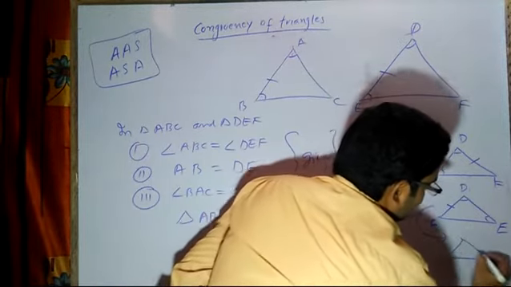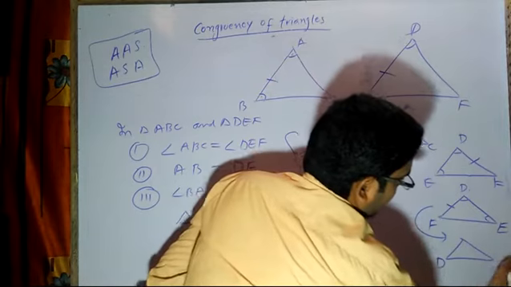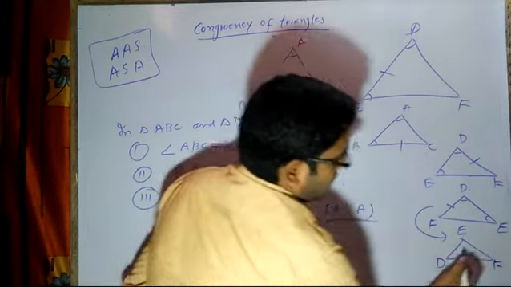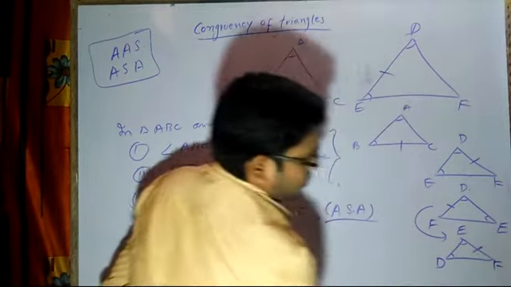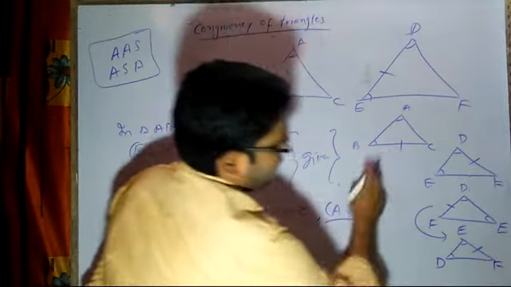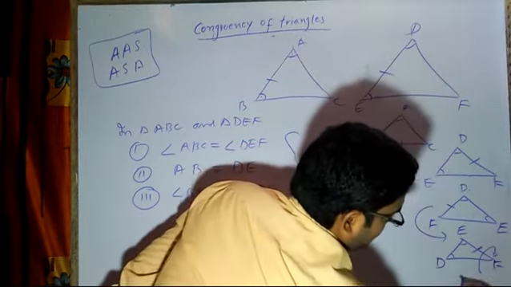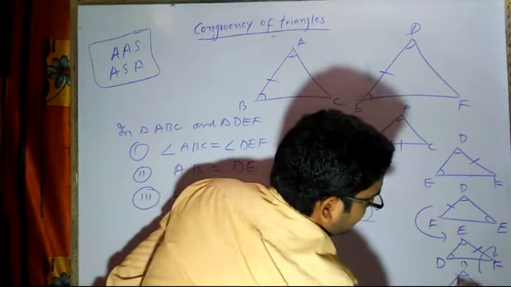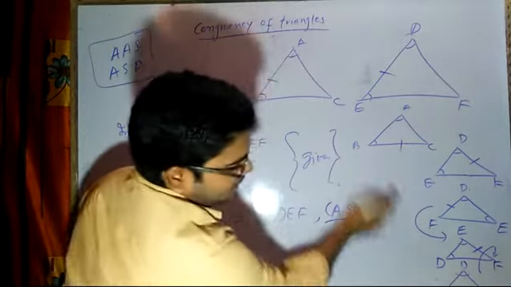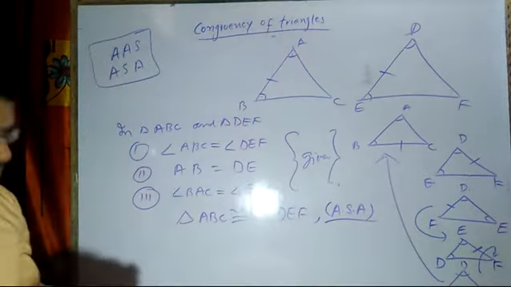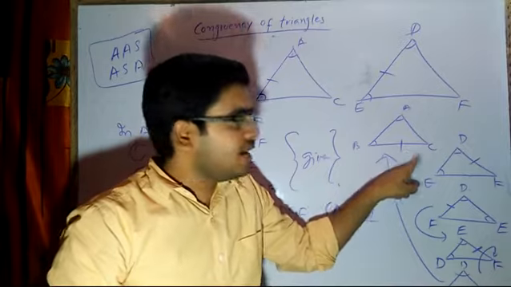Now, if I rotate this once, then what will I get? I will get D here, then F here, and E here. Now, angle D is equal to angle E, and then DF, where is my DF? This part. Correct? Now, if I again rotate like this, I will get D here, E here, and F here, and this side EF will come here. Same thing I will get here. Yes or no?